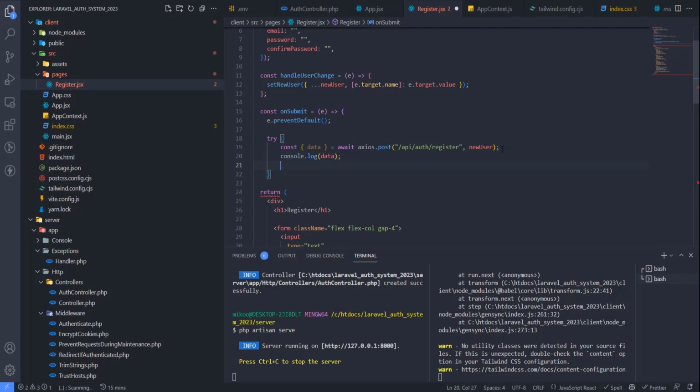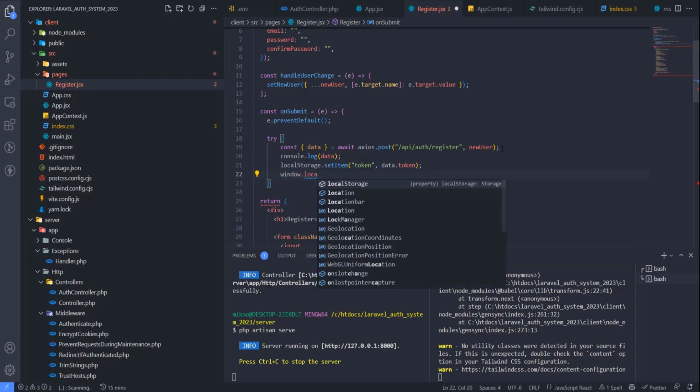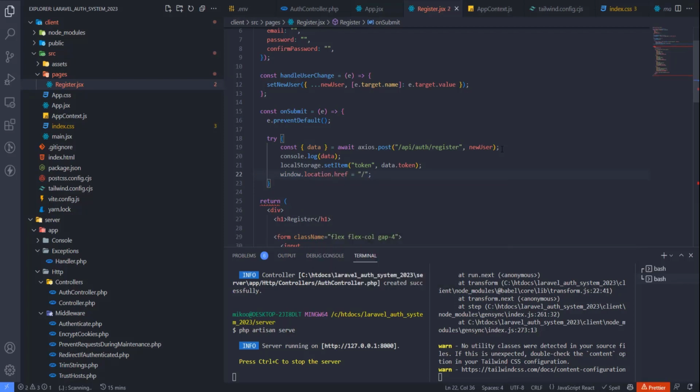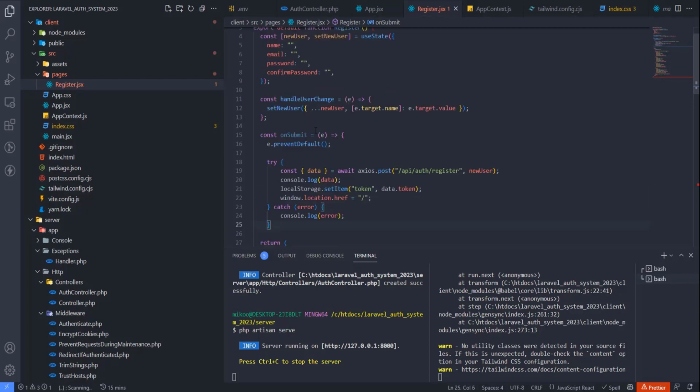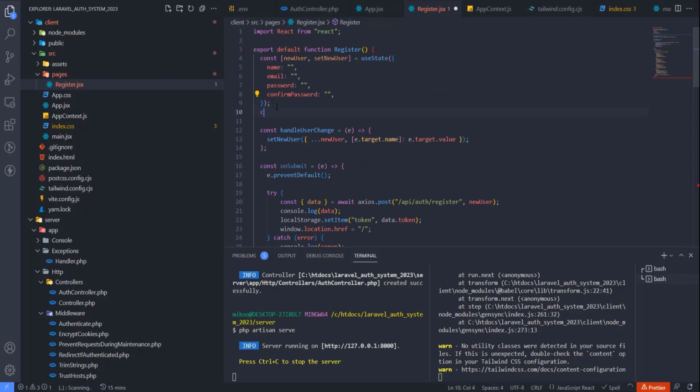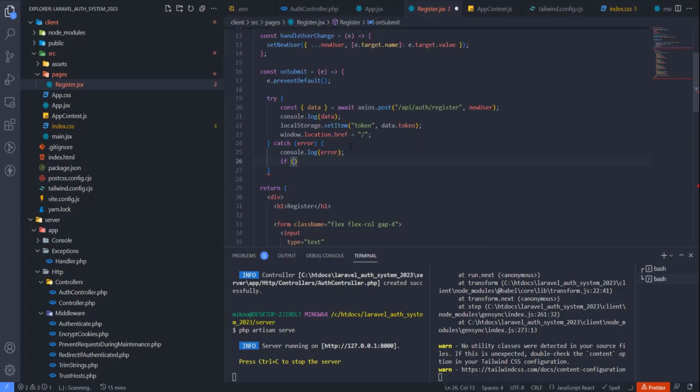then we will say let's say console log data, and then we will have localStorage.setItem token, data.token, and then we'll have window.location.href equals to that, what is it called, dashboard, let's say, homepage, and then catch error, we'll just console log error, and here we will have an error state, so this will be null, and here we can say if error